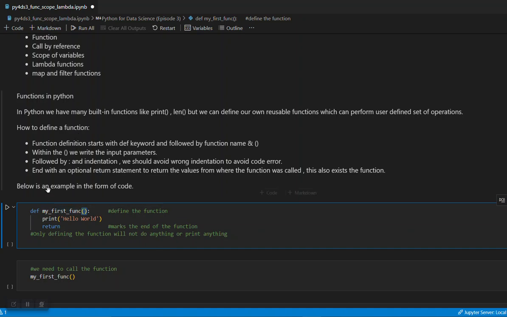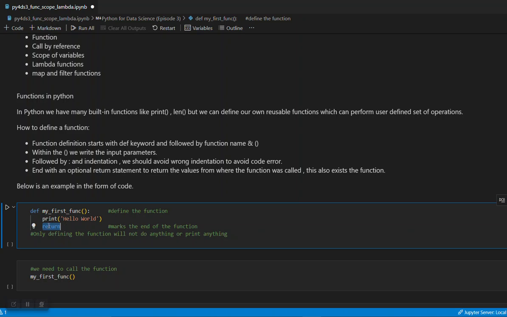In Python, every function should have a specific job to do. Generally, we write functions to do some repetitive task. We write the function once and we call it multiple times to do different types of operations within our program, right? So yeah, after that you can see this is a function which will just print hello world, right? Then the function ends with a return keyword.